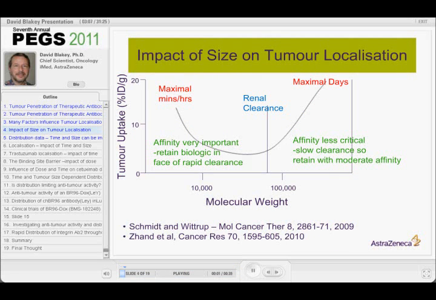So this is my simple schematic of Dave's work, and also the work that was published on the DARPin molecules that we're going to hear about later. I'm not going to go over this again, but basically Dave's already covered the general message that small is good. If you have high affinity, you get very good uptake. If you move to an antibody molecule, you can also get very good uptake, and it's less dependent on affinity because of its long half-life in the bloodstream.